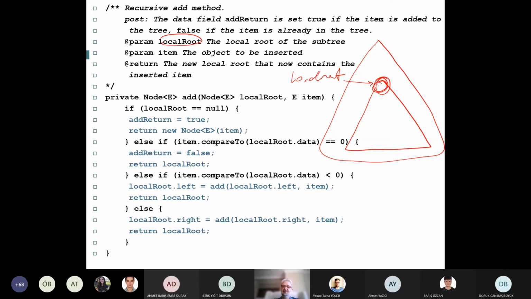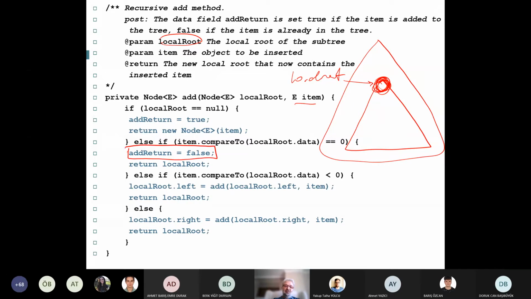If the value in this local root is equal to the item to be inserted, if the item and local root data are equal, compareTo method returns 0, then we cannot insert the value again. So we just return the local root before the insertion, since we cannot insert again, but we